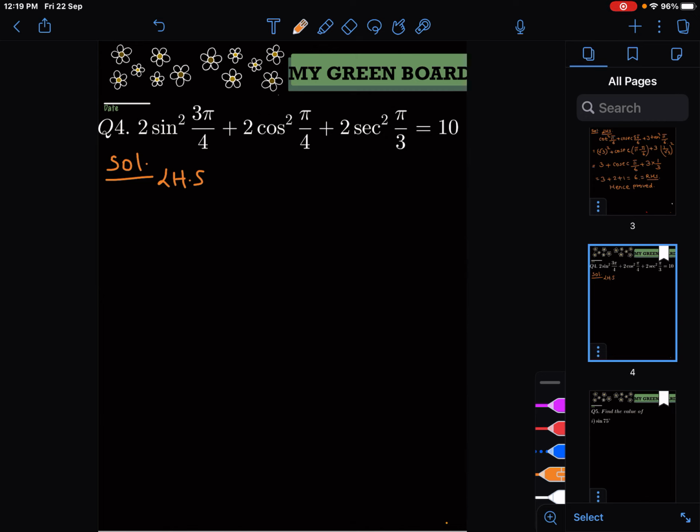Now here we are writing 2 sin square 3 pi by 4. Just repeat the question. Write the steps neatly so that you can understand your handwriting. Now the value of 3 pi by 4, now what we are getting is, I told you,